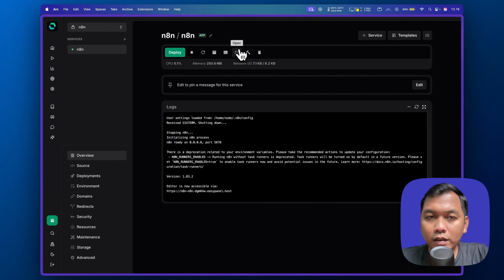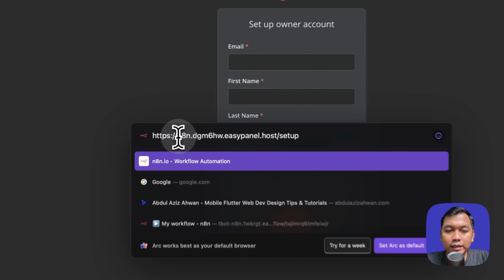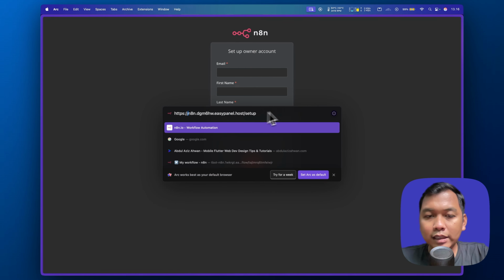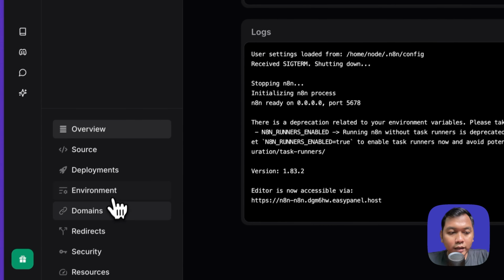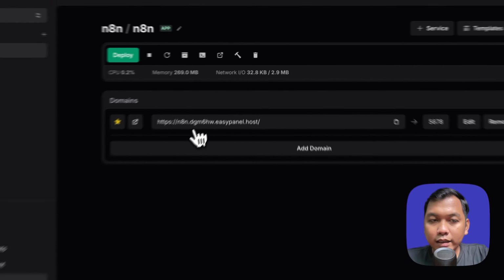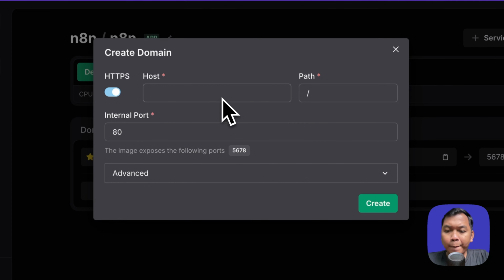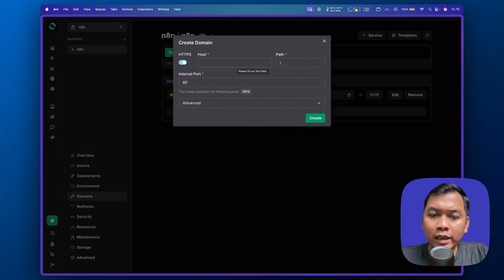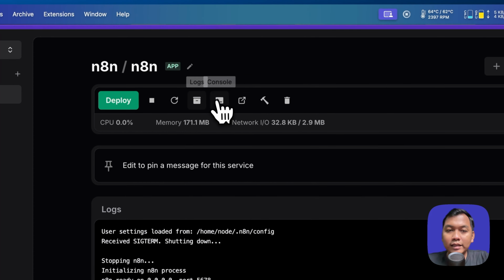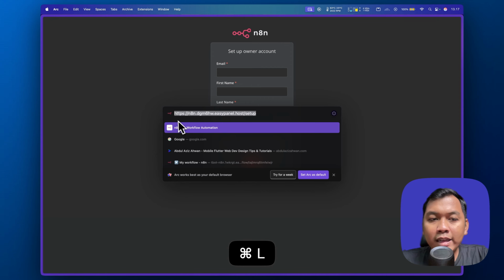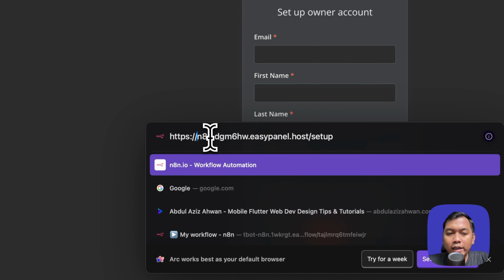Let's see. Let's open. So now the URL is this n8n blah blah blah dot easypanel.host/setup. And let's see in this domain, yeah, it's working. It's primary. We can also add a custom domain. We can just press this, and we set it up in our DNS. So yeah, we can just open my service, which is n8n, and when I check this, it shows the URL